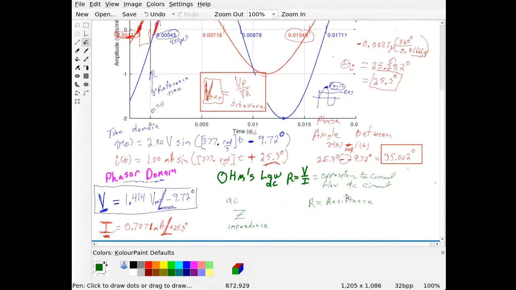If you remember, we talked a lot about this in DC circuits. Basically, what resistance does is it takes and converts electrical energy